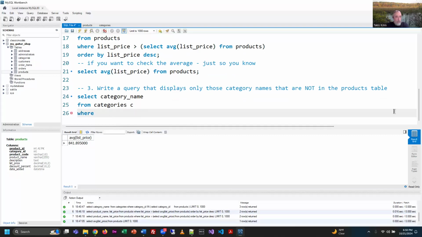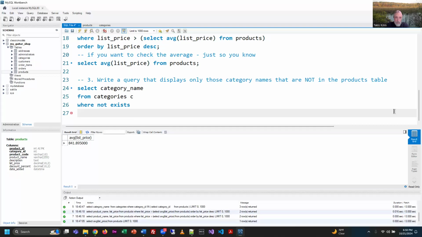Here's my where. And I already gave you a heads up. I'm going to use not exists. So in other words, and here, I'll do it in this style this time. Okay. So how am I to determine if it doesn't exist? All right. Well,